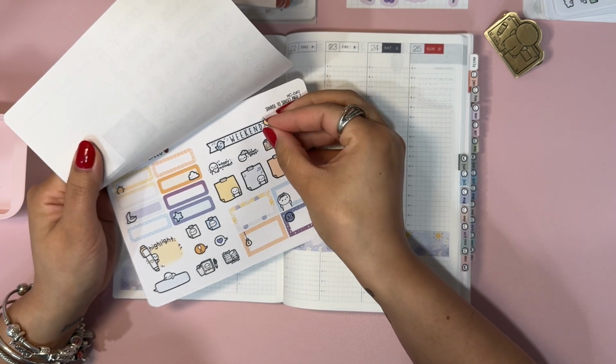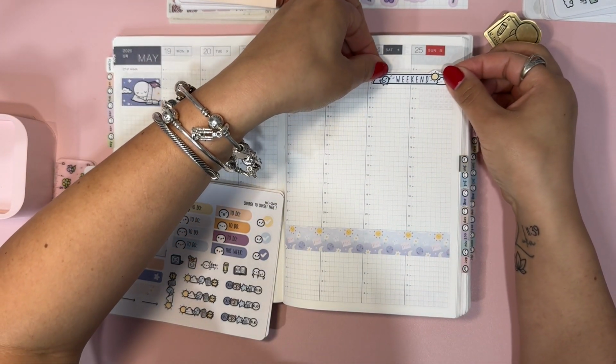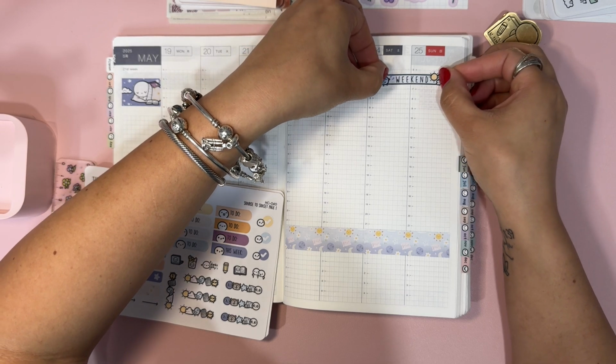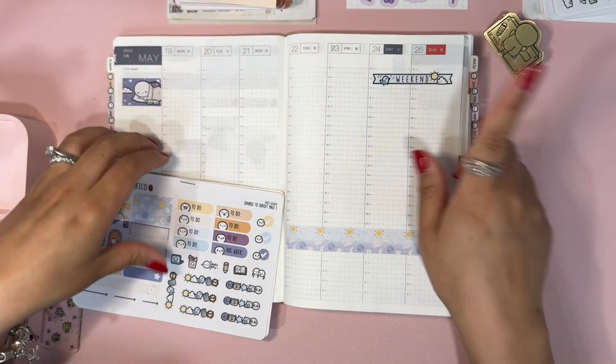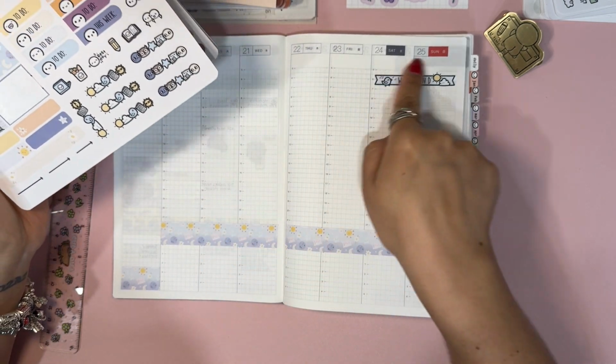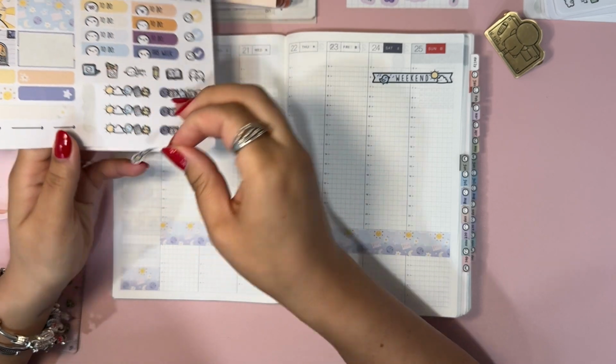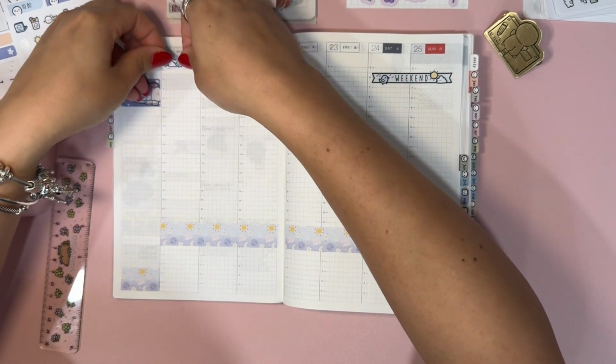You already know I love my weekend banners. So that's gonna go here because nothing should happen before 7 a.m. on the weekend. I do want to use these to fill in this space. And we'll alternate them because there's 4. So we'll do...